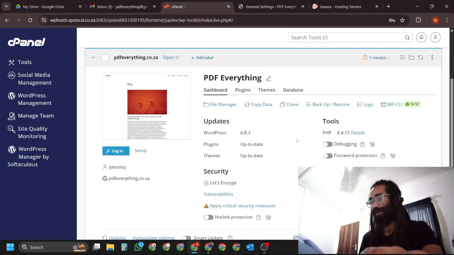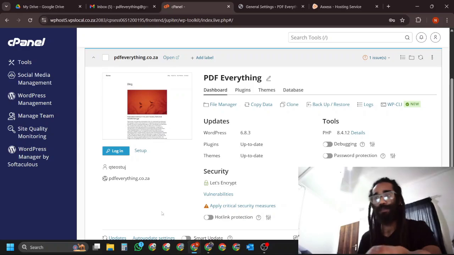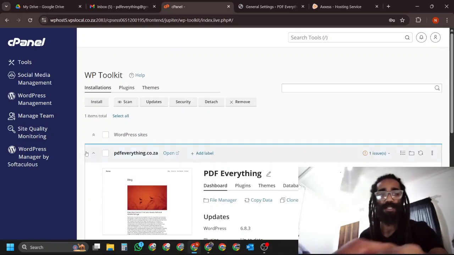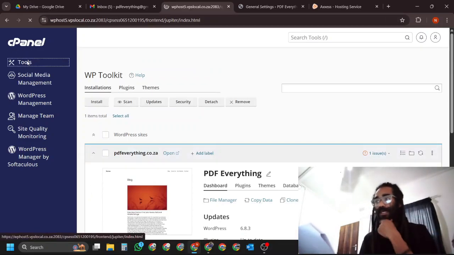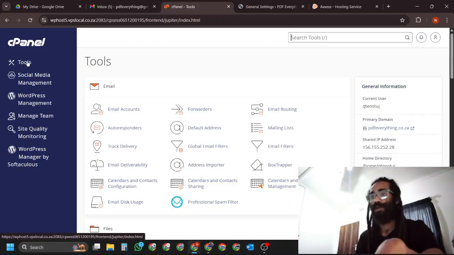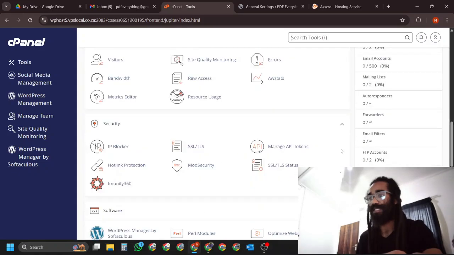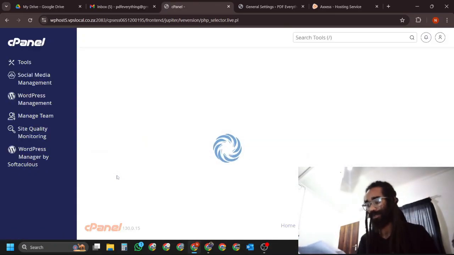So then let's move on to step 3.4 now, and now we are going to set the PHP, which is the communication files for where all the code of the website lies. Layman's term, that's all you need to know. In cPanel, we come into tools. We are going to scroll down all the way till we find select PHP version. We are going to open that up,